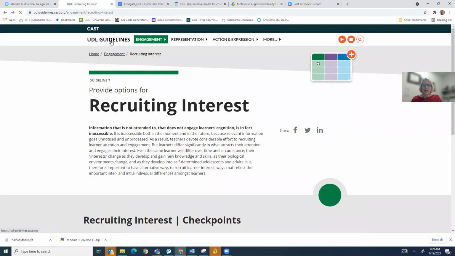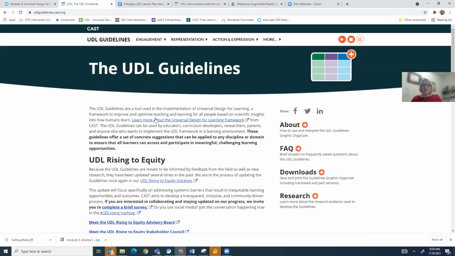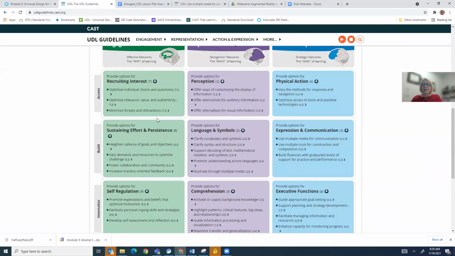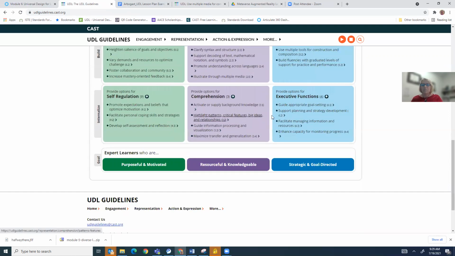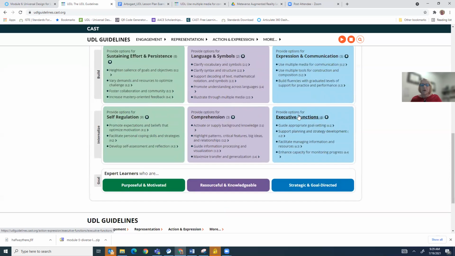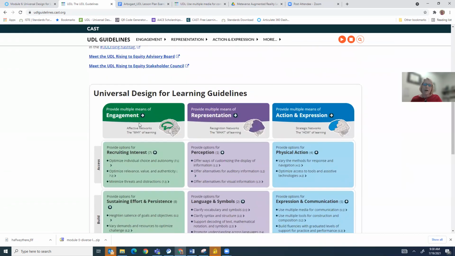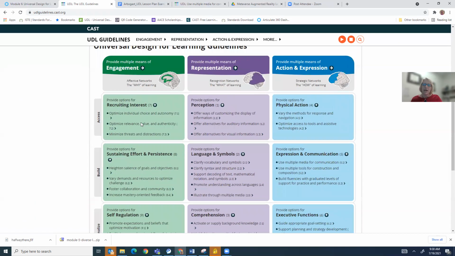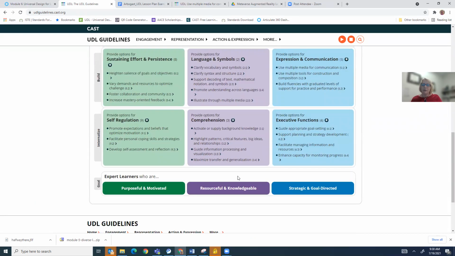And I just love this website. It is very, very intuitive, and no matter where you go, you can always get information, whether it's at the 10,000 feet level or right down to the actual checkpoint. So I encourage you to look at this quite a bit, especially when we're doing our project. And then finally, at the very bottom,